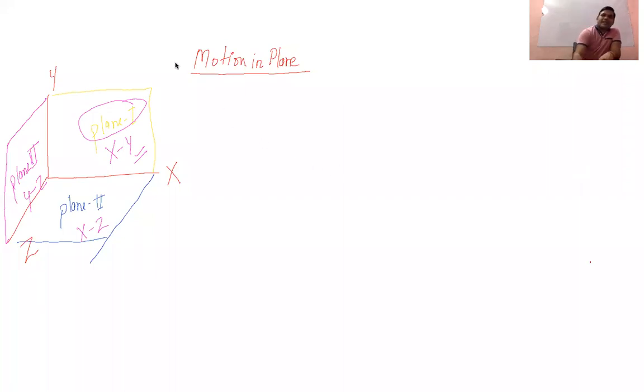Okay, so I was saying that if there are two axes, means if any object is changing its position along any of the two axes simultaneously, then that type of motion will be known as a motion in a plane. So a plane is always formed with the help of two axes. If there is a change in two axes with respect to time, then that will be said as a motion in a plane.